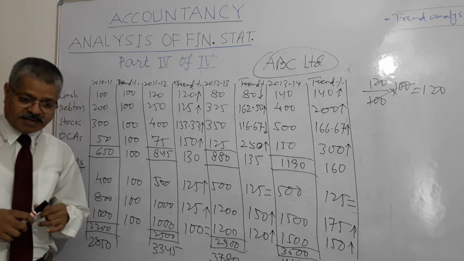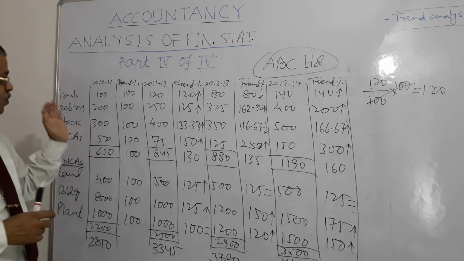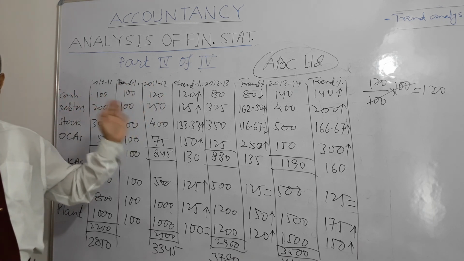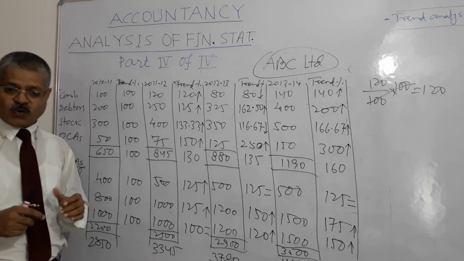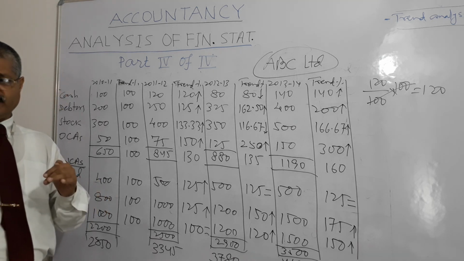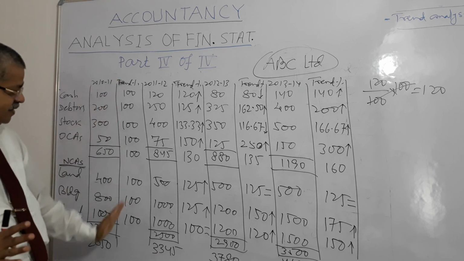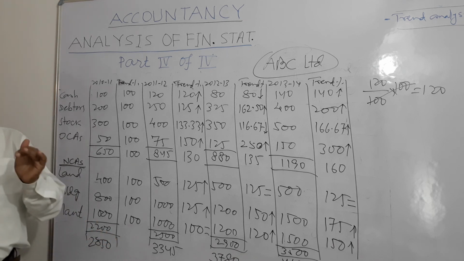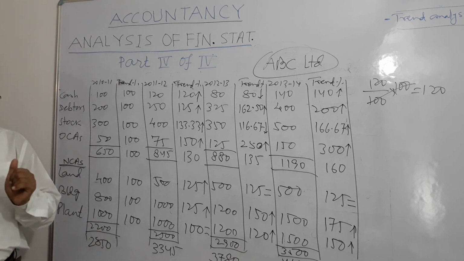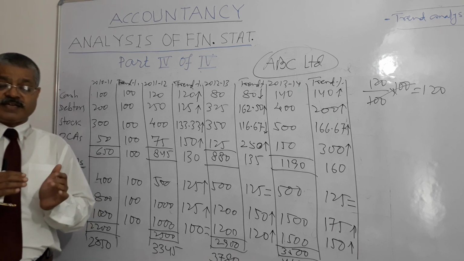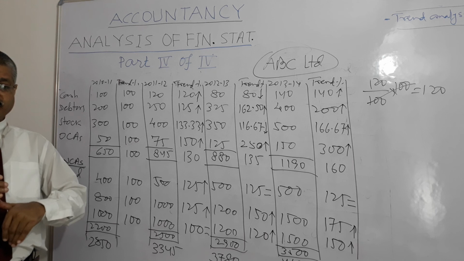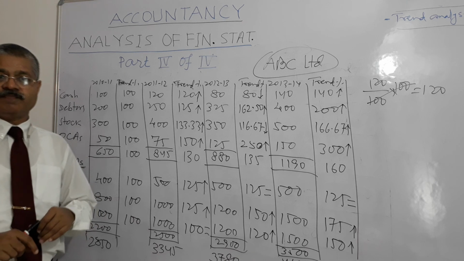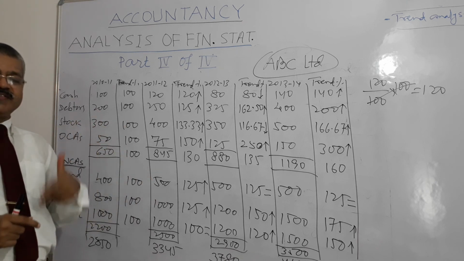And it helps the management in taking decisions, whether to continue the same thing or to make changes in their policies, practices, right? So, when the figure of base year is taken as 100, everywhere in the base year it is 100, right? And if a figure in another year is equal to 100, it means the trend is constant. If it is more than base year, then trend is increasing. If it is less than base year 100, trend is declining, right? And trend percentage is taken out as present year value divided by base year value into 100.